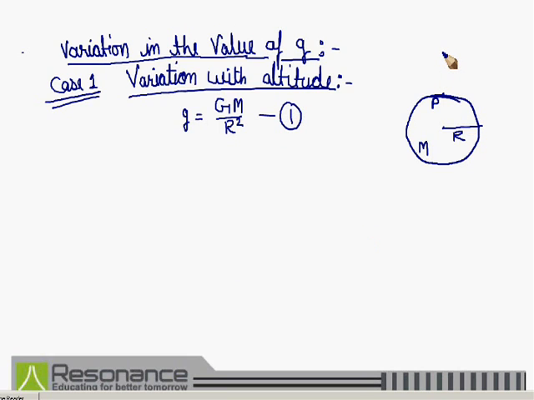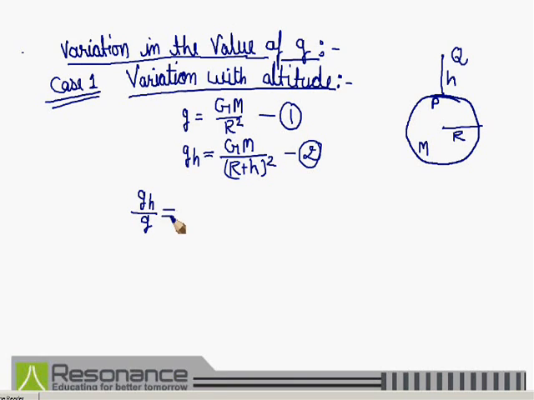Suppose a point Q is at a distance h above the Earth's surface. Then the value of g at point Q is given by gh equals GM upon (R plus h) whole square, where R plus h is the distance of point Q from the center of Earth. Now, dividing gh by g, we get